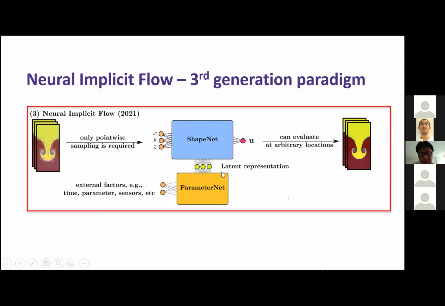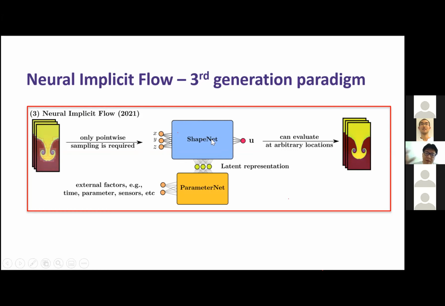Another way to think about this neural implicit flow is that if I have a spatial temporal field at this time, so it's only a spatial field, then to determine this spatial field, all I need is the weights and biases of this shape net. Then I can determine this spatial field with infinite resolution, right? Because it's just a function and I can evaluate it anywhere. You can also think about it like a straight line: if I have 100 points on a straight line, it's just 100 points over there. But what really determines the straight line is just two parameters, the slope and the bias.